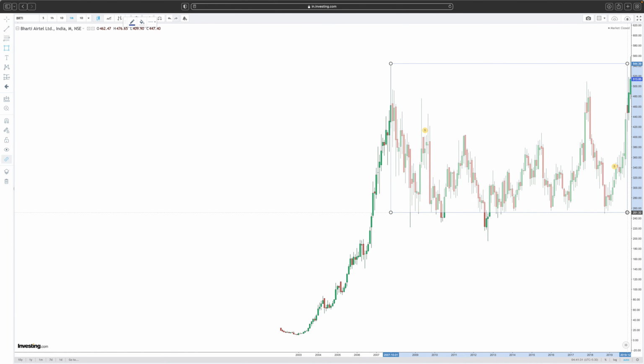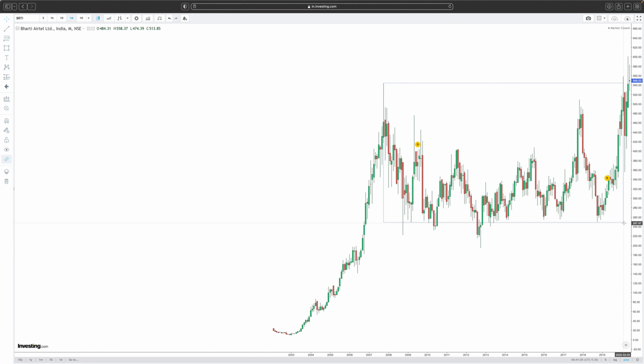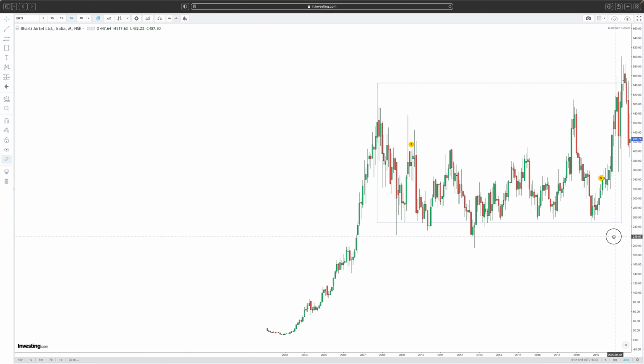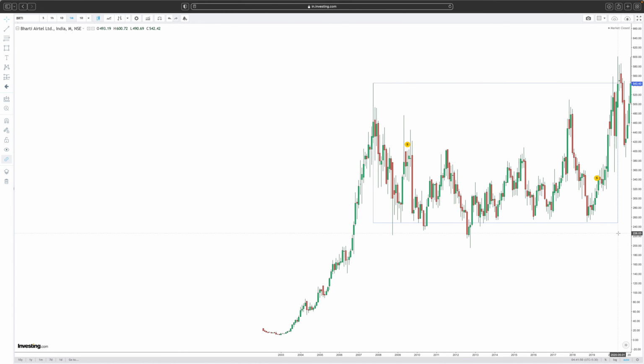Very safe to say till somewhere here. Now, it might look like eventually the range did break here, but we must understand that this is 2007 and this is 2022. So essentially, there was a period of almost 15 years, maybe a little earlier than 2022. This is coming at around 2020. So we're looking at almost 13 years. It took the security 13 years to break the range, and therefore you have to be at the right place at the right time,